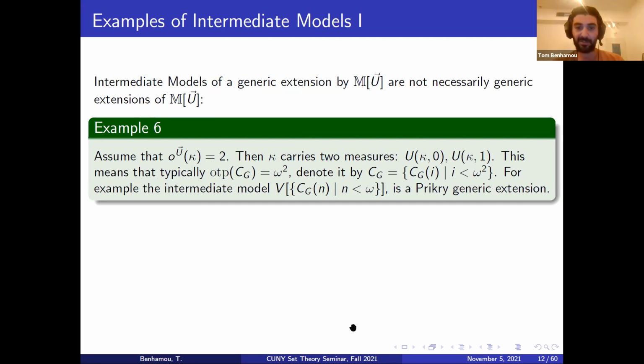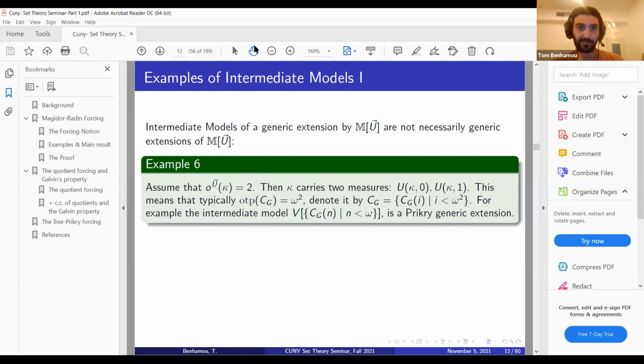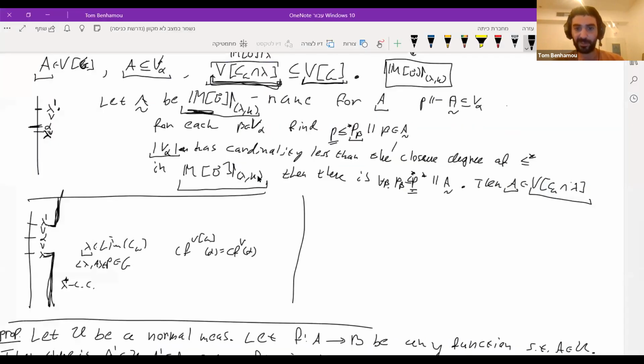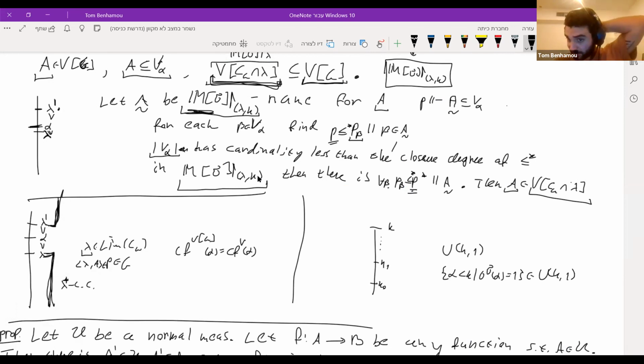So maybe let me just show you another picture. So we have kappa, and we produce a Prikry sequence to kappa for the measure U kappa 1. One of the large sets in U kappa 1 is the set of all alpha less than kappa such that the order of alpha is 1. This is a measure 1 set with respect to U kappa 1. This is by coherency. So by the Mathias criterion, this will eventually enter this measure 1 set. So all the points here will eventually have order 1.